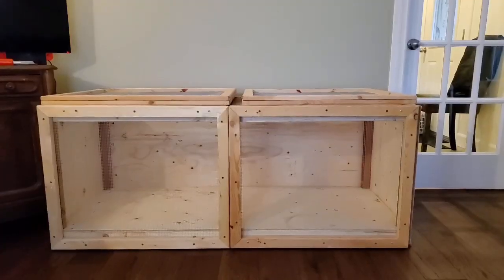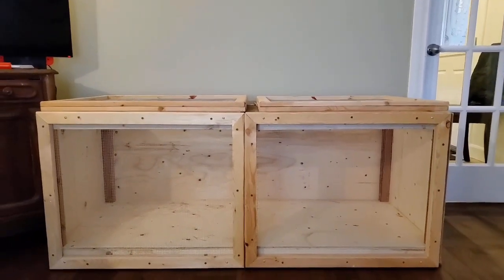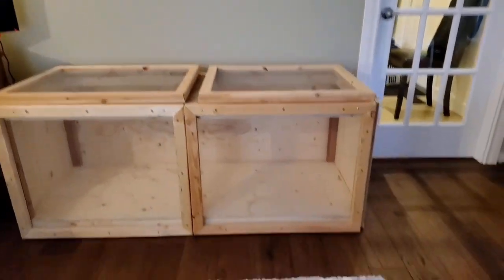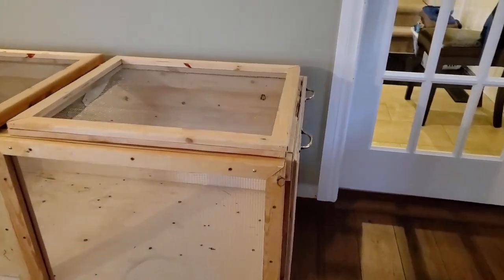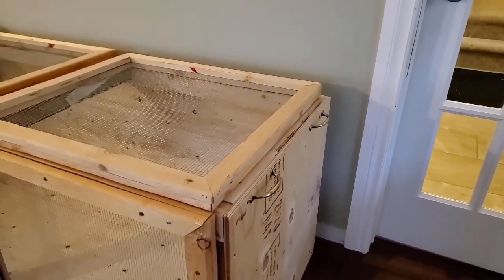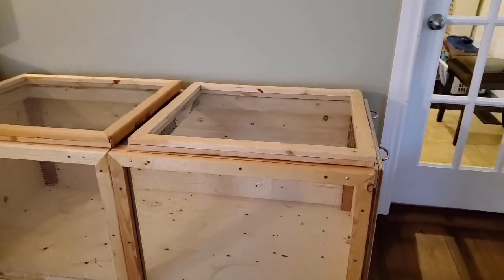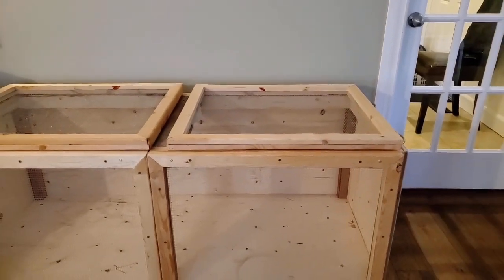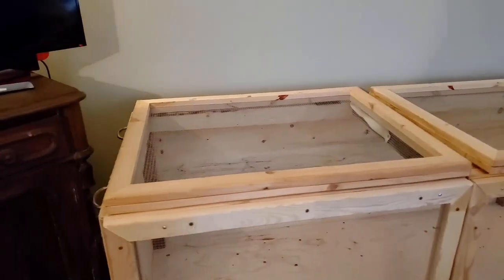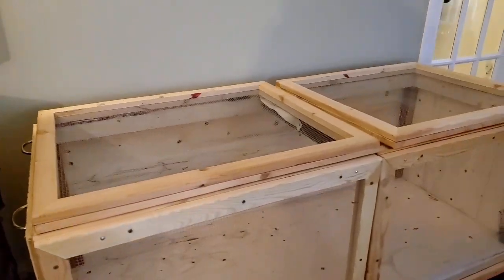Let's take a look. Here's the brooder in full view. It is 5 feet wide, 2 feet high, and 2 feet deep. One of the things that I want to show you that we've added to it are handles on the ends. We had these handles, they were supposed to be put onto my drying racks to make it a little bit easier for me to shake up whatever I have on the drying rack to really move them around to dry them better. And over here, we've also put 2 on that side,